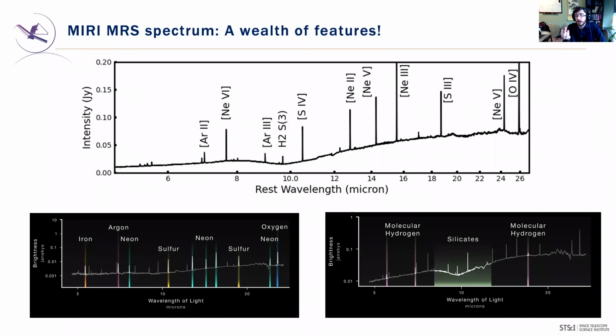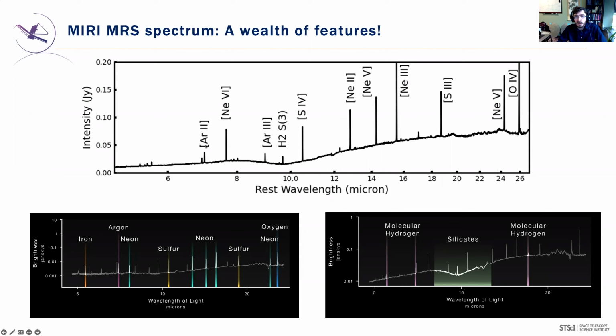So you can measure the velocity dispersion of these lines and learn something about the kinematics of the system. In terms of the overall spectrum, it's dominated by a fairly smooth continuum, as you'd expect for something that's generally quite warm. So there's a large continuum increase as you go up to longer and longer wavelengths. You've got this dip in the spectrum around 10 microns or so, coming from a broad silicate absorption along the line of sight to the buried AGN.